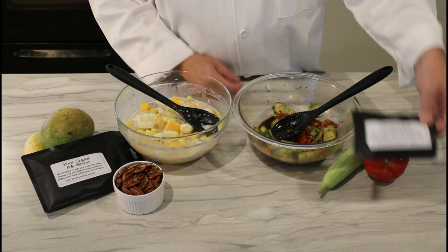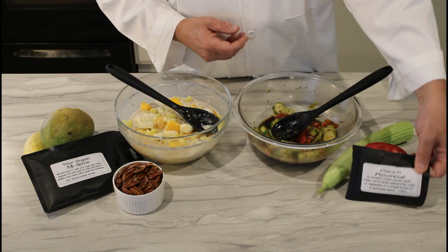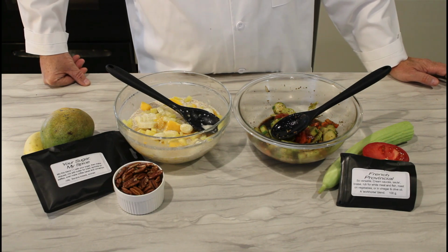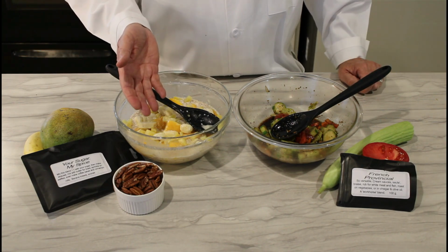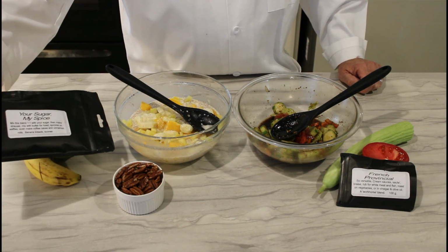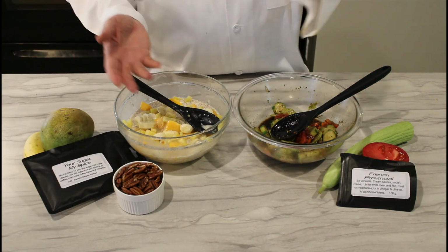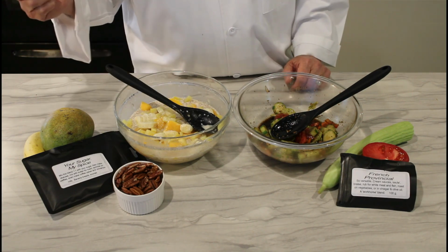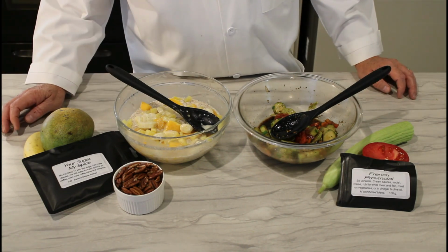The vegetable was made easy by the herbs and vegetables that are already prepackaged. Because of that, no crying from onions and garlic, and no need to be measuring things out. I simply dump it in the acid, wait a while, and finish it off with the oil. And the fruit salad was made easy by using a blend, Your Sugar, My Spice. No measuring of sugar, no trying to balance flavors between cinnamon and other warm spices, just easy, dump, stir, blend, and done. I hope you enjoyed our lesson,